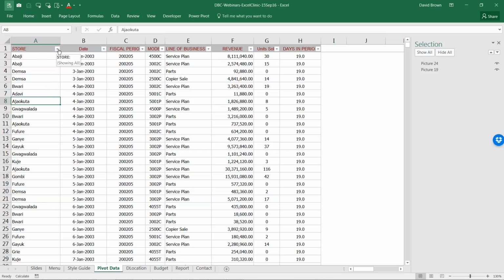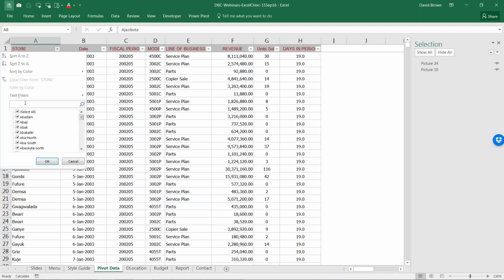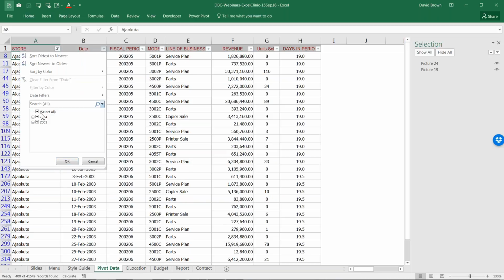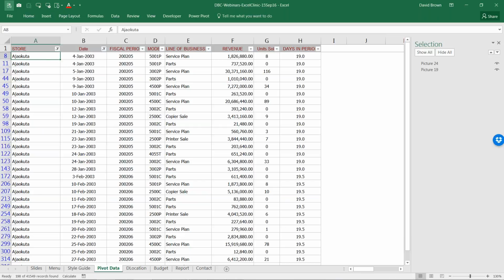What I do is I filter store by Ajakuta, and then I filter date by 2003. So I've just filtered two things. There are two criteria here. For my store range, the criteria I want is Ajakuta only, and for my date range, the criteria I want is the year 2003. So that means I want to sum revenue if the store is Ajakuta and if the year is 2003.